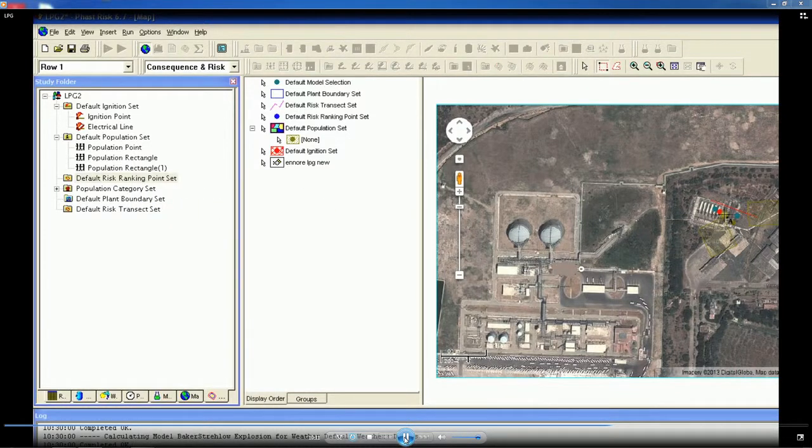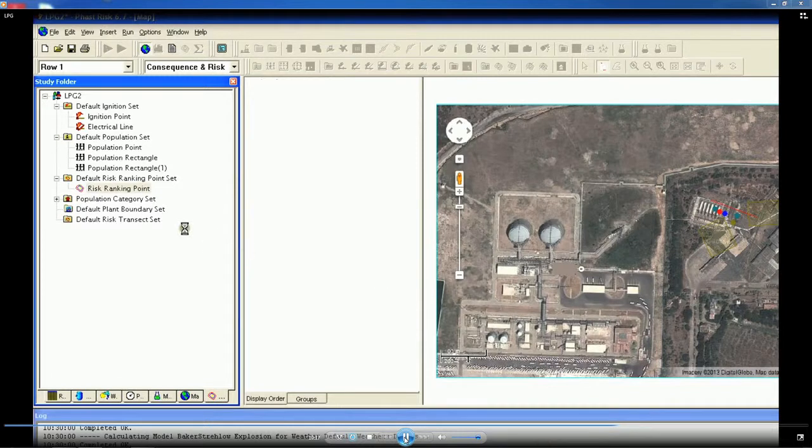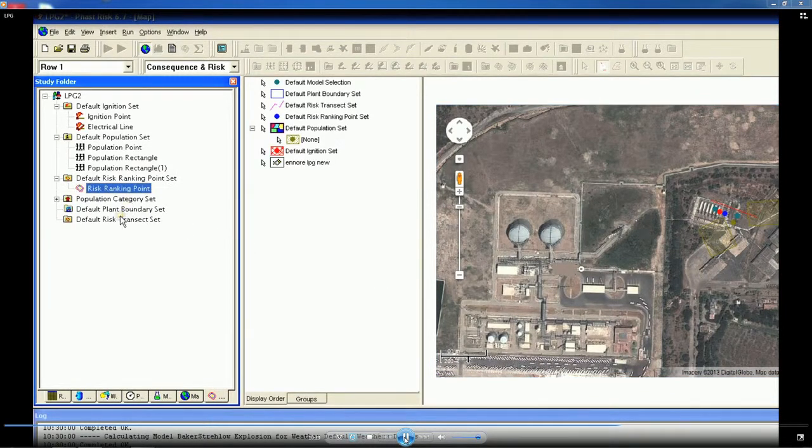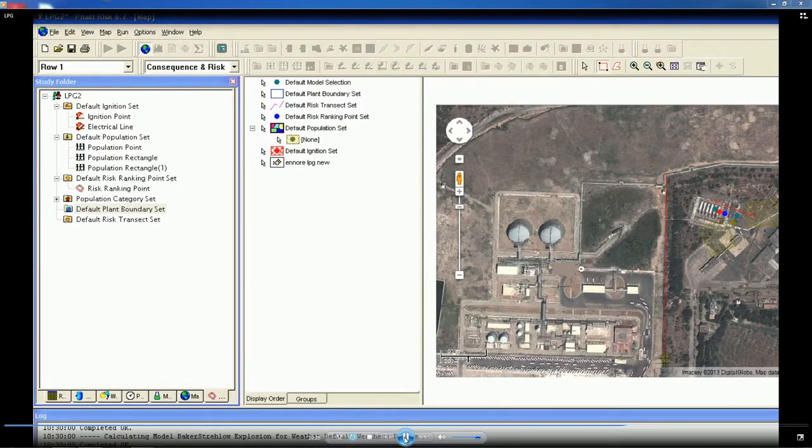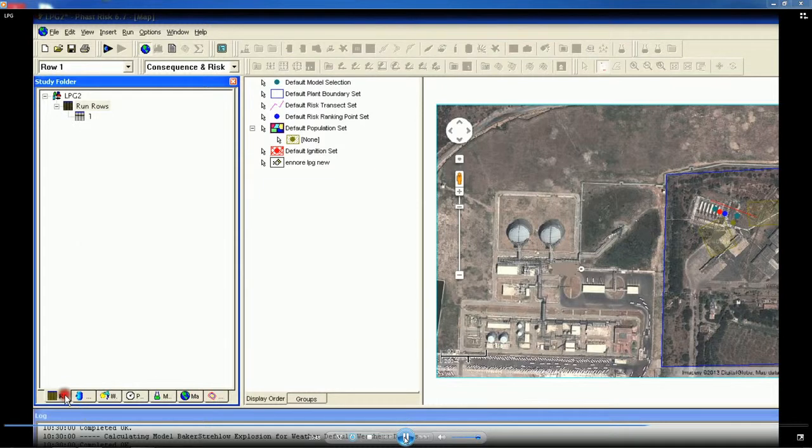calculate the risk ranking point where I want to calculate the risk, select it from graphic point. So, select that as a point of elevation selected from the geometry automatically. Also now calculate the plant boundary set which you want to analyze, that is very important. As I said, it is generally done segment wise. So, we go for a plant boundary as you see selected from the screen now, and that is my plant boundary. Once I select the plant boundary, then I show the plant boundary becomes blue in this case after selection, then I go for the weather data, then I run the rows for analysis.